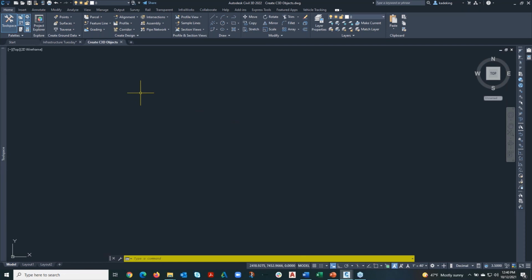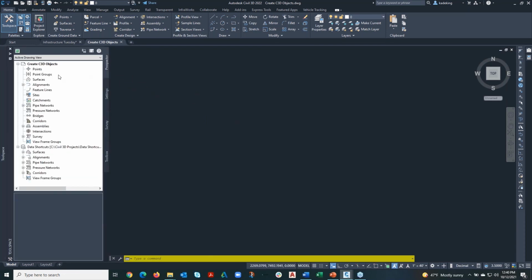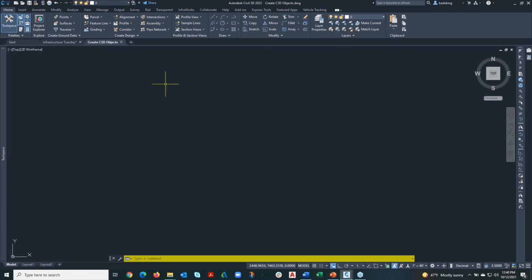So what I'm going to do is come in and actually, now let me point this out. If I go to the prospector, notice how I don't have any surfaces and I don't have any pipe networks. All right, I just want to show you there's nothing in here. And then I'm going to go to our ribbon here and I'm going to go to create ground data. And I'm going to click import